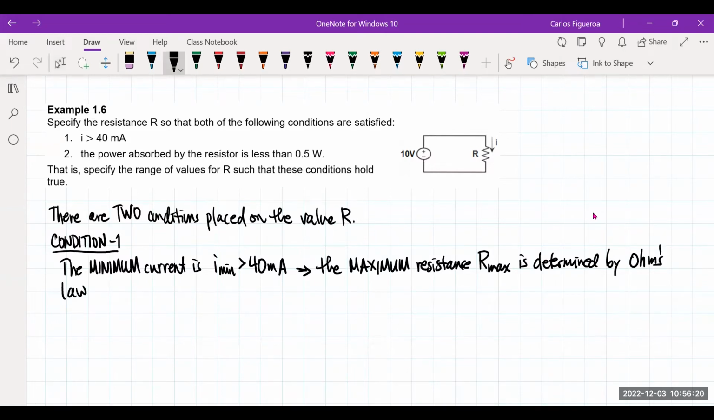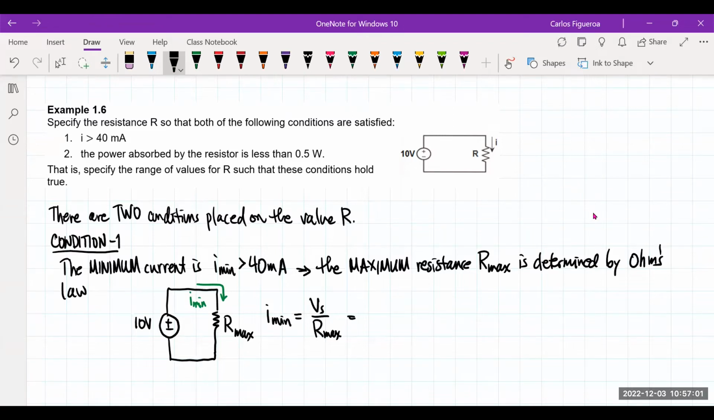So if I look at my circuit, I have 10 volts. I have one resistor. And we know that this resistor has to be the maximum possible resistance. So now if I look at my current, I could see that my current is coming in like this, and I'm going to say that that current has to be my minimum current for the circuit. So from Ohm's law, we see that the current min must be the voltage source divided by R max, which then tells us that